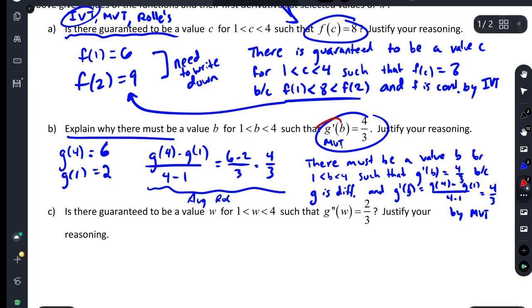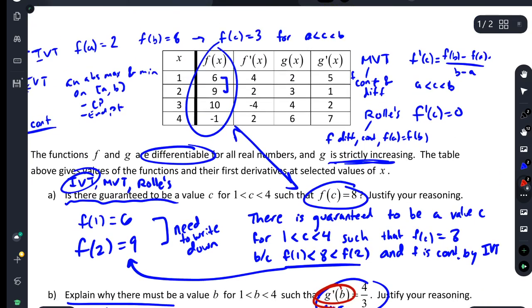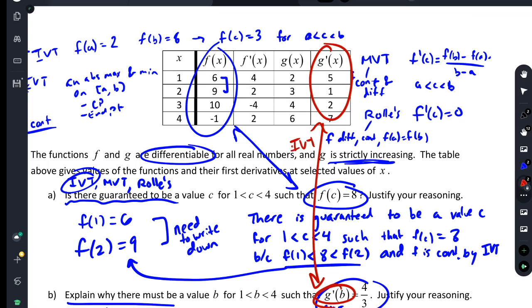And so even though it's g', if we come back up here, we do have g'. So we have exactly what we're asked for. And whenever those match, we can actually always do IVT, just like we did in part A. And so if we look at it again, 5 to 7 doesn't pass through 4/3. But if we sandwich it here, from 5 to 1, 4/3 is 1.33 repeating. So 4/3 would have to pass through there. So we could actually do this as an IVT problem, the same exact explanation as part A, and write something like,